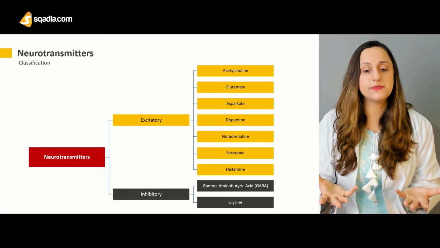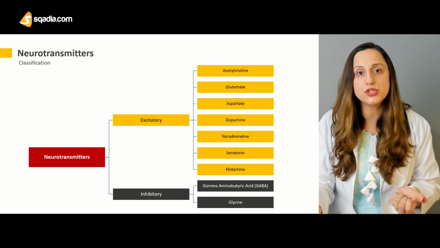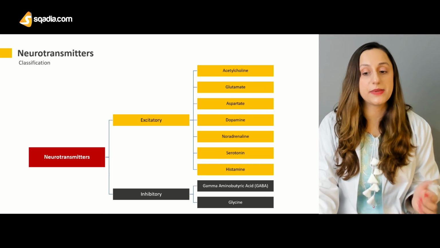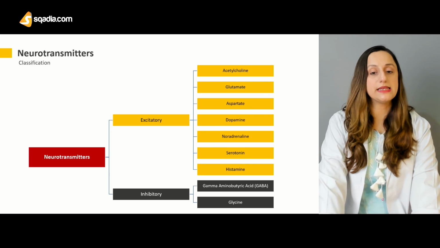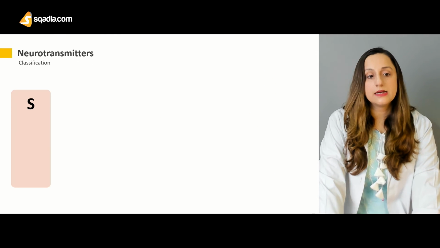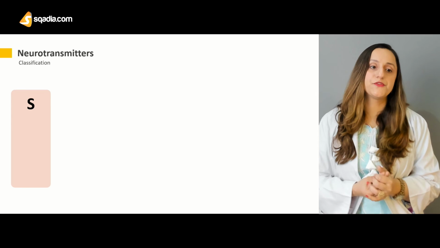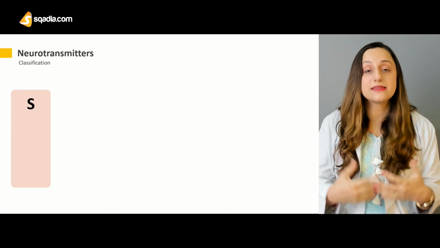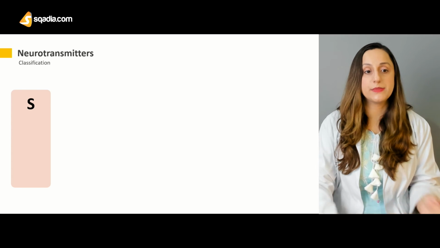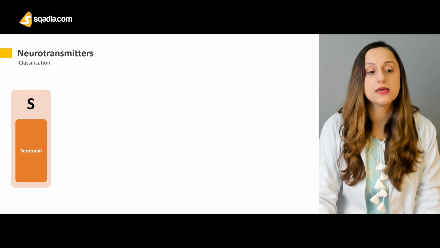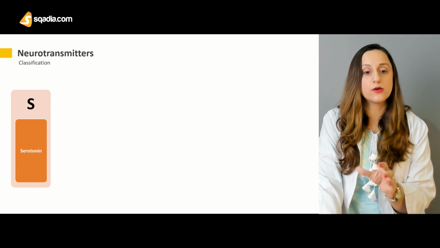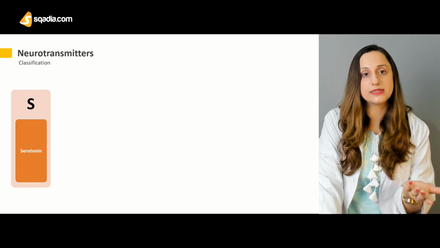So as even the name indicates, it can excite neurons or the effector organs, or it can cause the inhibition of the effector organs, and depending upon that we have classified them accordingly. To remember the different classifications of the neurotransmitters, there is a mnemonic that will be quite helpful. SNAGD is the complete mnemonic, and when we look at it in bits,